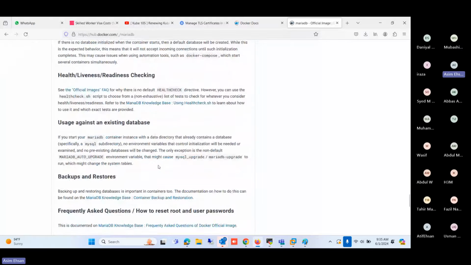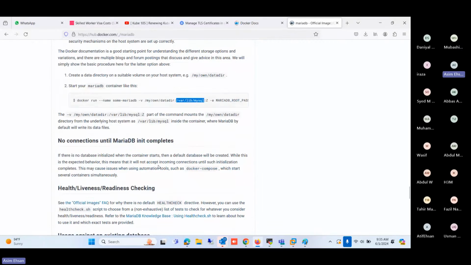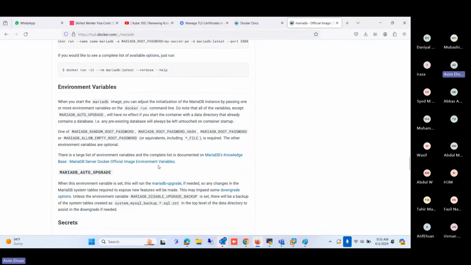So if you go down, you can see here the volume environment variable. So you can study all these environment variables. What is the purpose of these environment variables? So at least we must provide the root password for the database user. So for example,